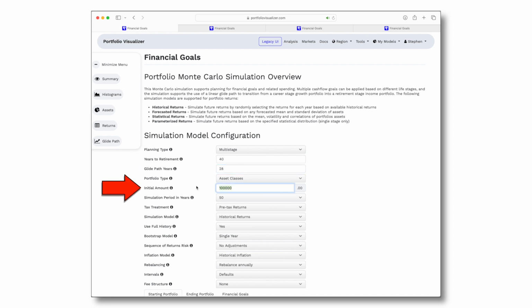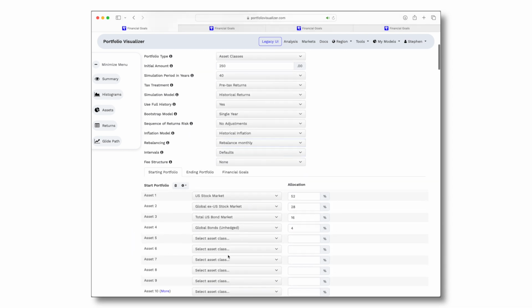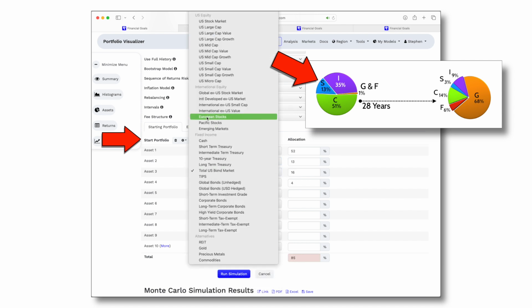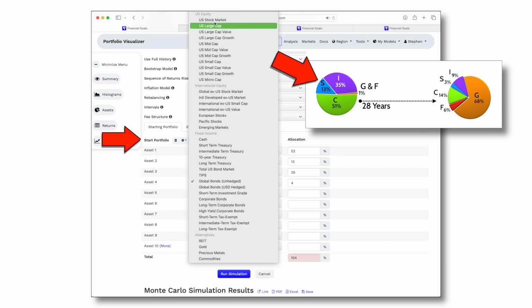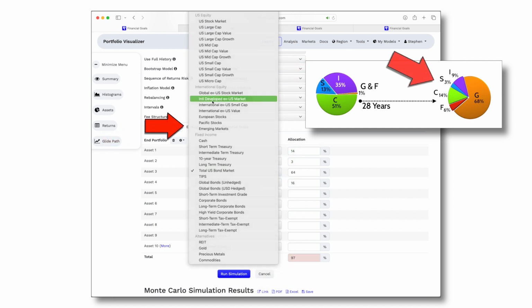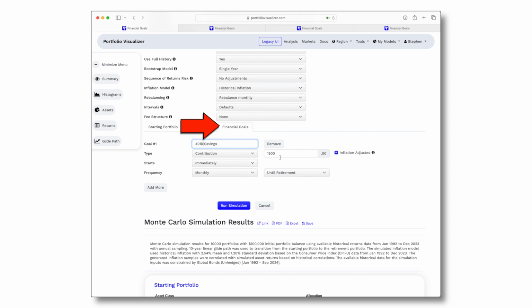And we're going to assume the employee contributes $250 a month to their 401k starting with their first paycheck and rebalances as often as this software will allow since TSP rebalances daily. We'll set the start portfolio to TSP's growth lifecycle allocation that the participant either chose or was automatically selected for him or her by default, and we'll set their ending portfolio to the TSP L income fund allocation mix, which currently is invested like that. And for the employee's financial goal, we'll do 401k savings at a rate of $250 per month, increased by the rate of inflation each year until retirement.